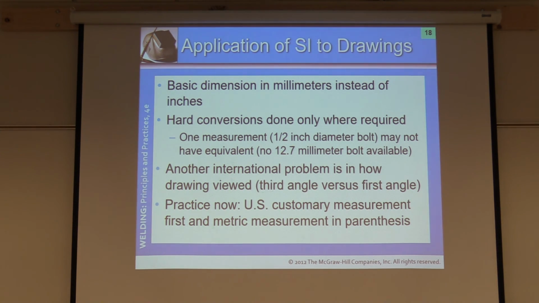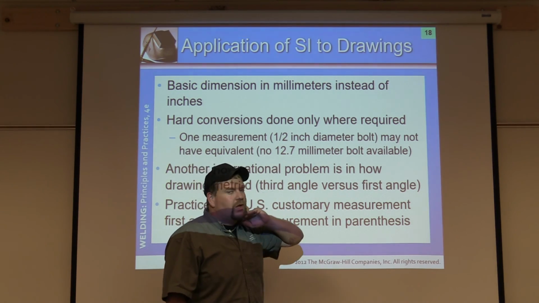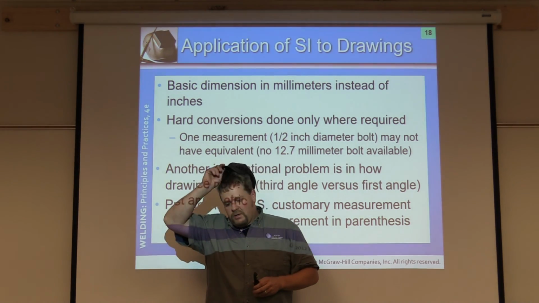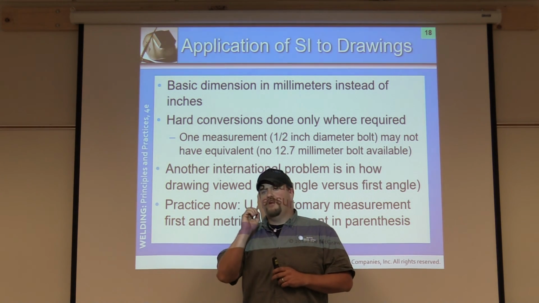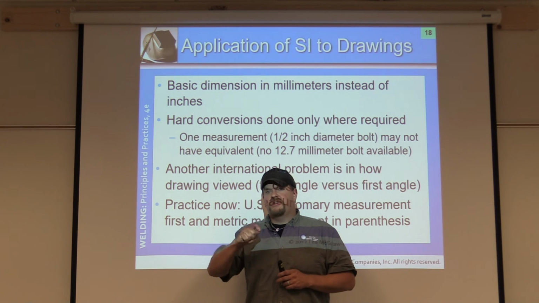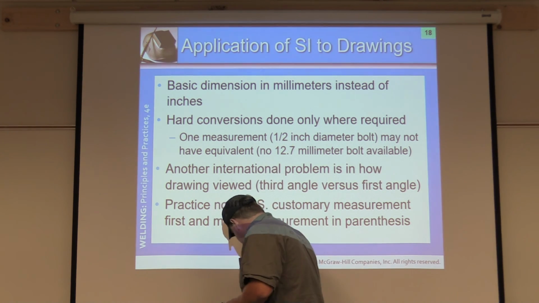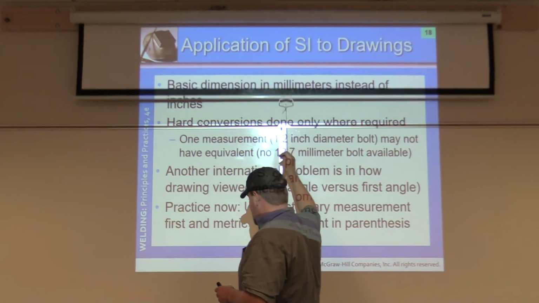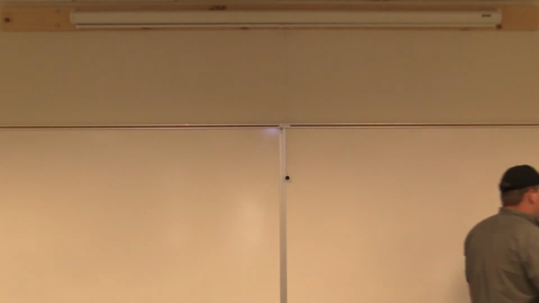So as we can see this, we got 1/2 inch, we want to double it. We're at 25.4. That's one of the easiest numbers to put in your head to help convert from inches to millimeters: 1 inch is equivalent to 25.4 millimeters. Okay? The reason I'm writing this down